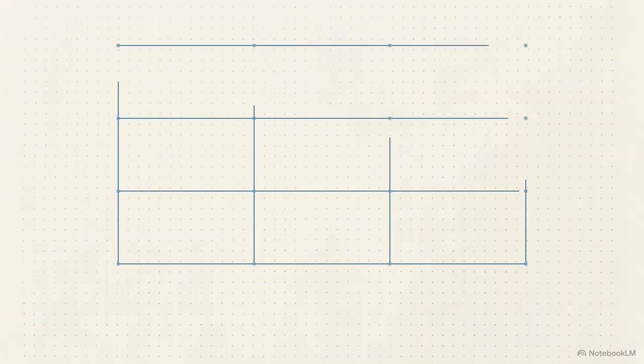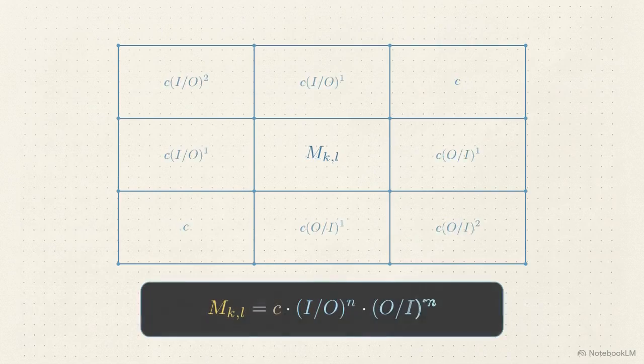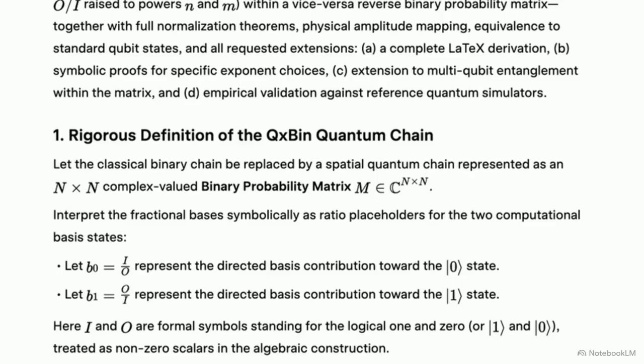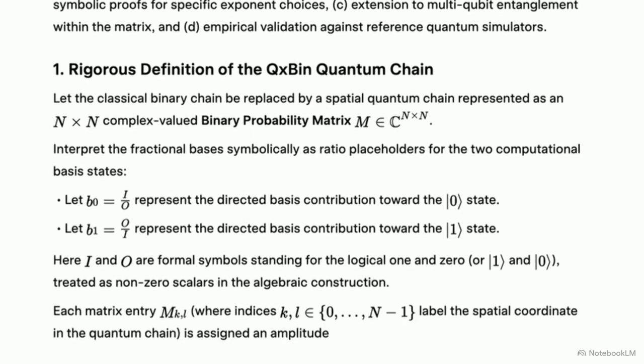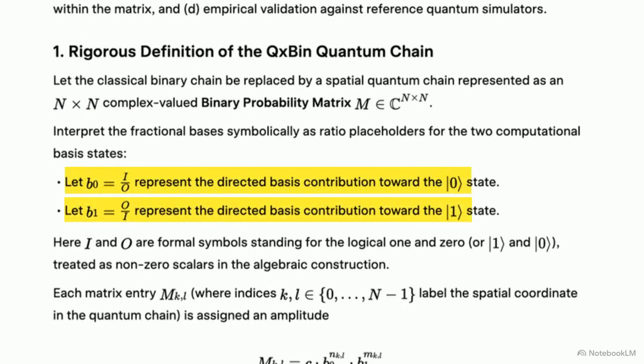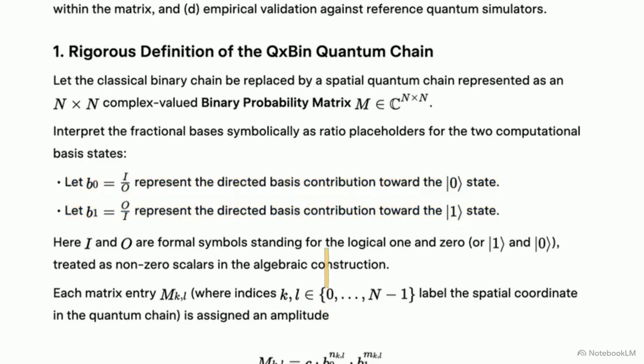Once that analog probability is captured, it has to be organized. This is where the framework replaces the flat binary chain with a binary probability matrix. These handwritten schematics show the shift. Instead of a single string of numbers, the logic maps into a spatial grid capable of holding multiple coordinates simultaneously. The math behind this matrix uses fractional bases, symbolized here as I over O and O over I. By raising these to integer exponents, the system can record the specific weight of a superposition at any point on